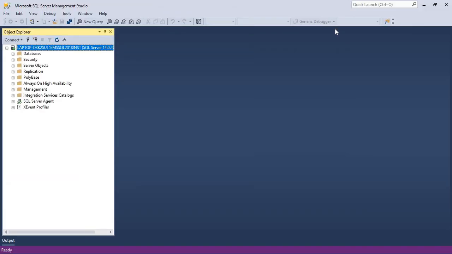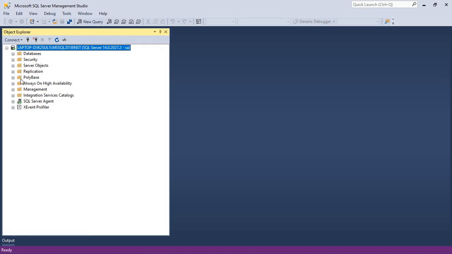Once you log in, on the left-hand side you can see Object Explorer. Object Explorer gives information about that SQL Server instance. Under the SQL Server instance, we can see what objects are available. There are different folders: Databases, Security and so on.